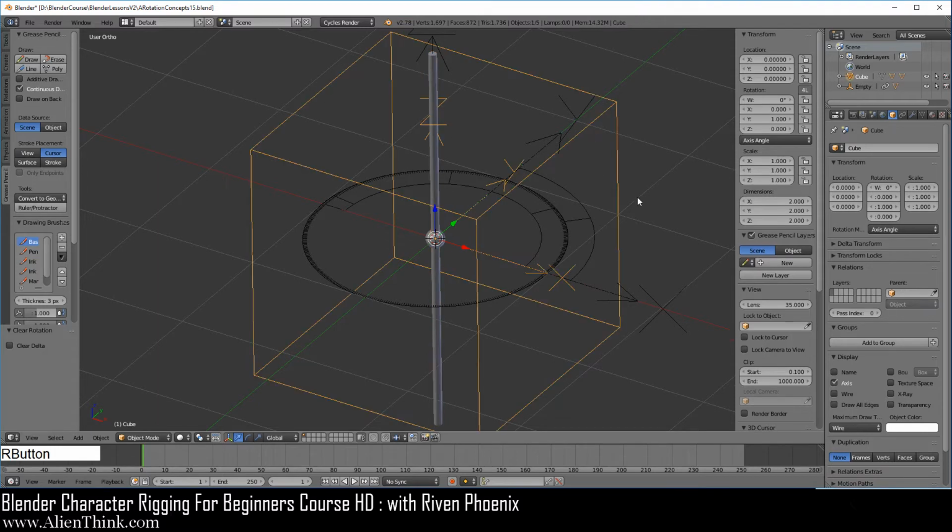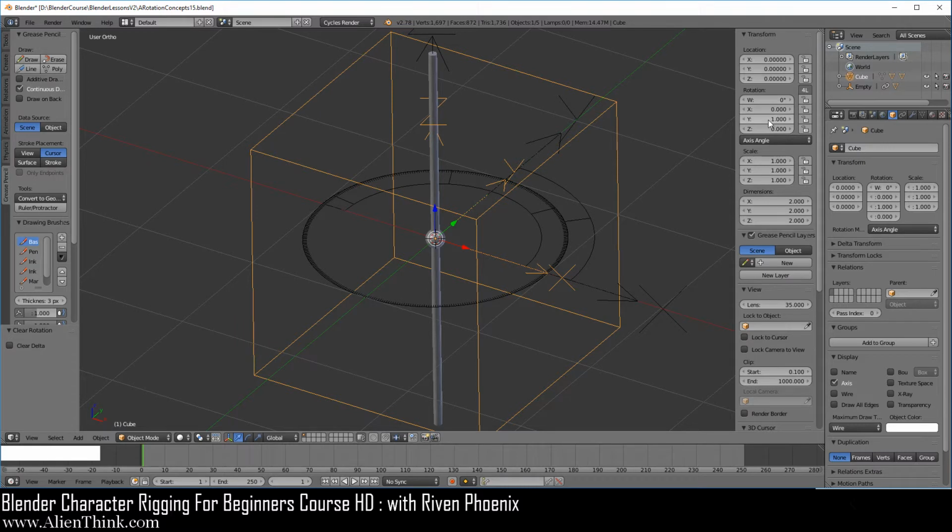Okay, and these values over here are simply location values, telling this pole where to point depending on how you rotated this object. Now by default, when you choose axis angle and when you do Alt-R to reset the rotation of this cube, the value of Y will always be at 1.